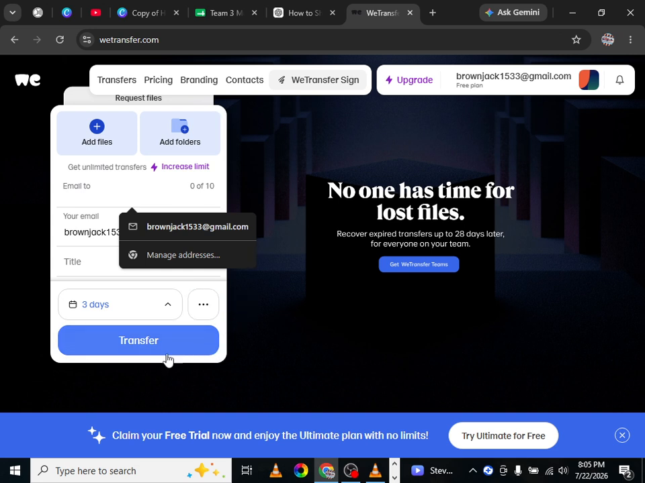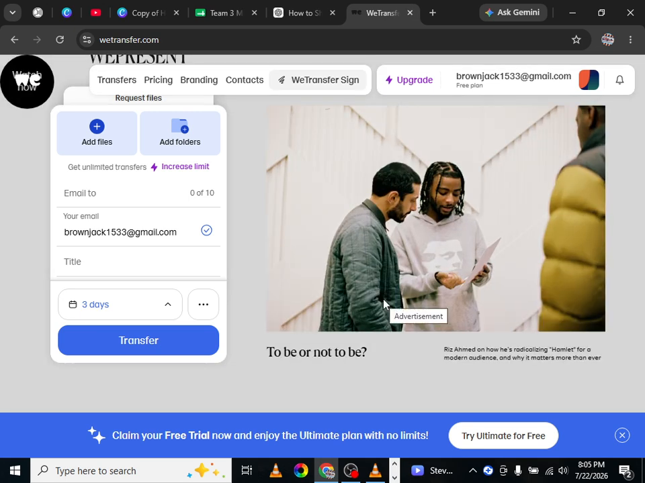Once the selected time has passed, the download link will no longer work, helping protect your files from future access. If you need your files to stay available for a longer period, you'll need to upload them again or create a new transfer with a different expiration setting, depending